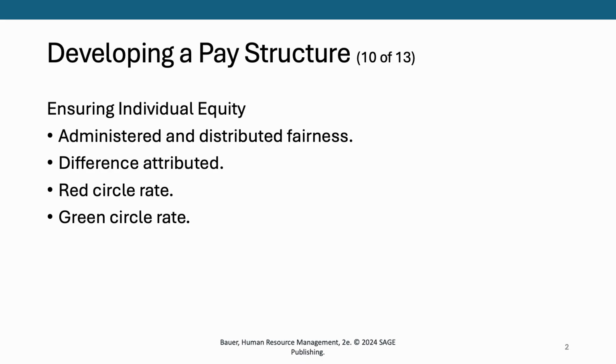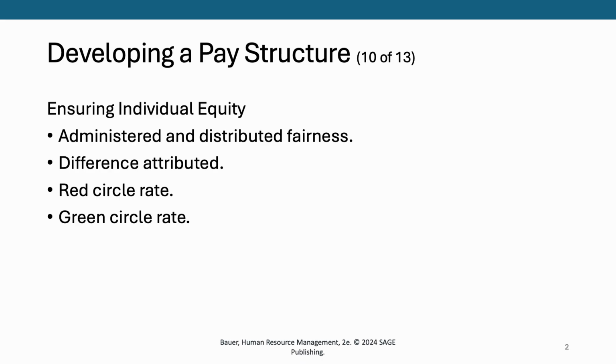So how do we ensure, again, that we have good internal equity or individual equity, what's fair to the individual? Obviously, we want to make sure that our policies are set up so that pay is administered the same for everybody, and everybody who is working a similar job is within a similar pay range, allowing for variance, obviously, because of pay for performance and things like that, which we won't get into. But really, we want to make sure we have fairness in the way it's administered, and what job gets what kind of pay.